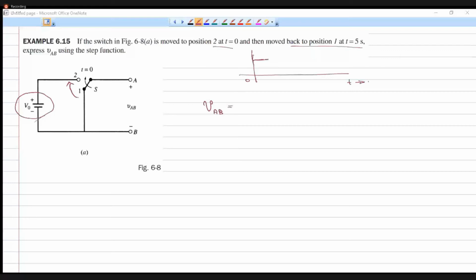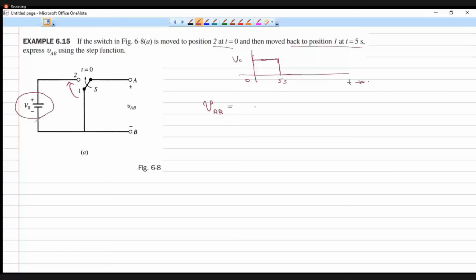Somebody is writing V naught of u of t minus 1, V of u of t minus u of t minus 5. Okay. So that is the correct answer. So when it is thrown to position 2, we get the voltage, which is V naught, and at t is equal to 5 seconds, it is thrown back to position 1 again. So at 5 seconds, it is thrown back to the first position so that there won't be any voltage coming across